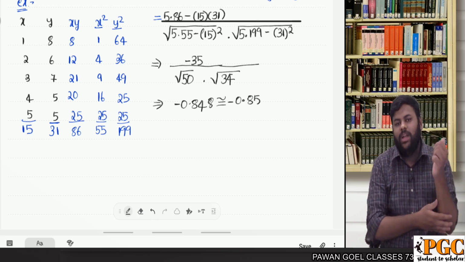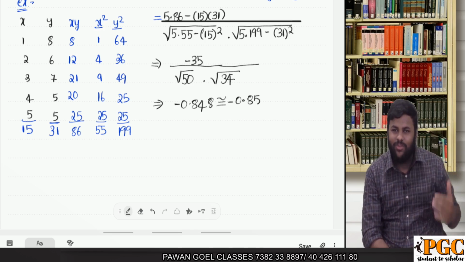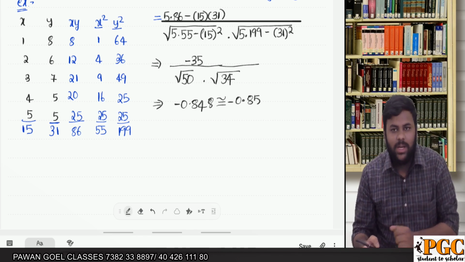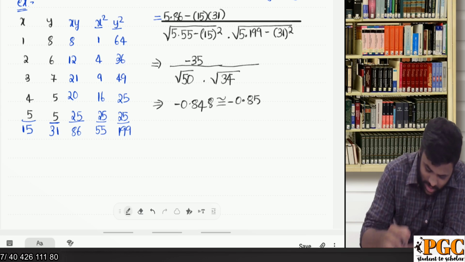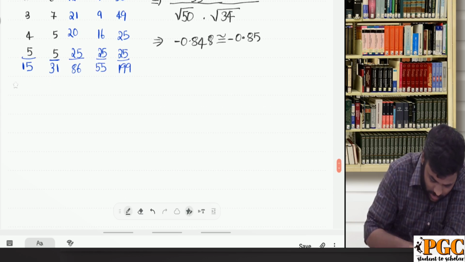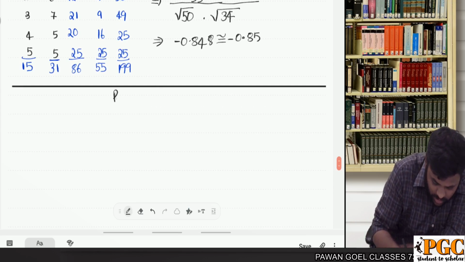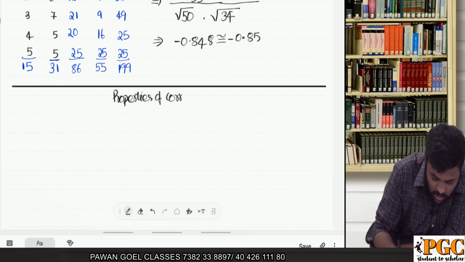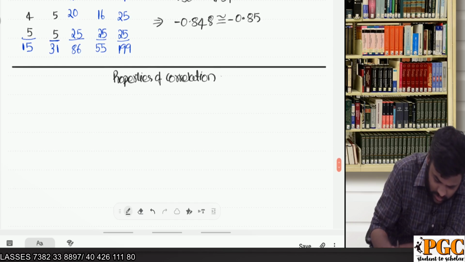So I hope my dear friends all these basic points regarding all the four formulas are clear, right? Now there are a few properties I want to discuss with you regarding this correlation my dear friends. Among all these properties of correlation, the first property I am discussing with you is one of the most important properties. Very simple my dear friends. First property,